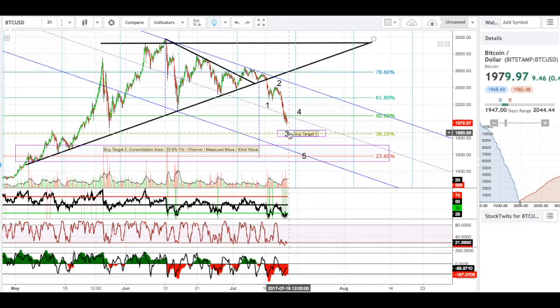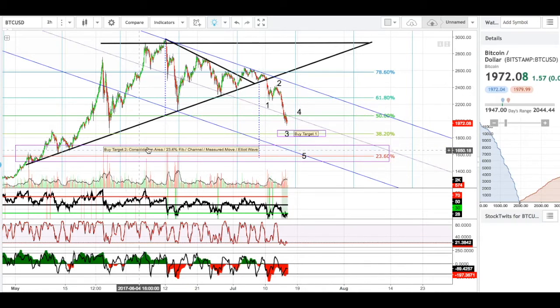But this consolidation zone might come here at the $1850 range, and you could catch a nice bounce back up to the 2050 range, in my humble opinion. So if you wanted to make a quick scalp there, or perhaps build onto a long-term buy and hold position for Bitcoin, this first buy target here at the 1850 range might be a decent entry. But as far as my ultimate destination for Bitcoin goes,